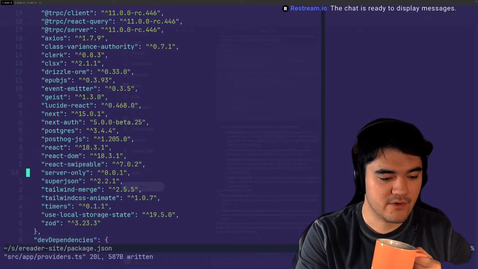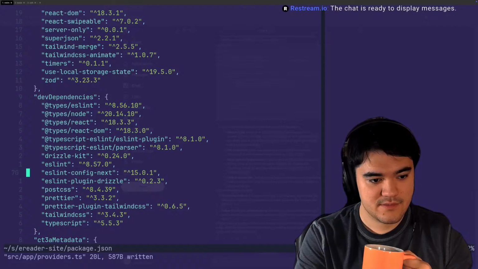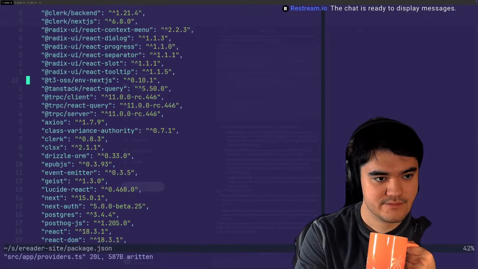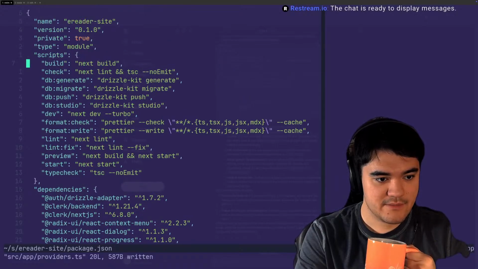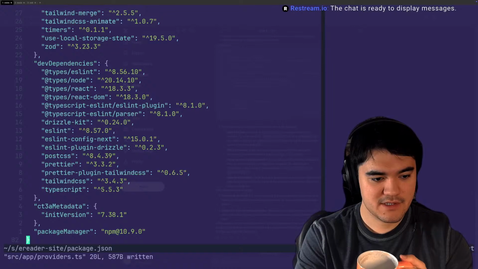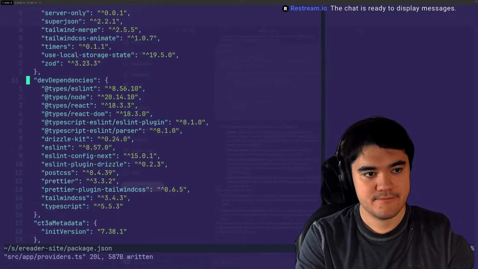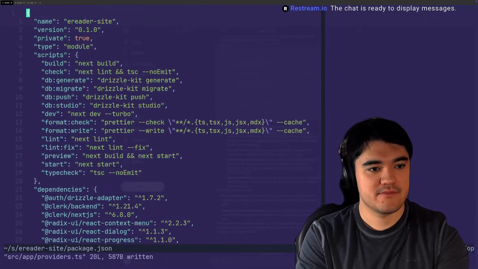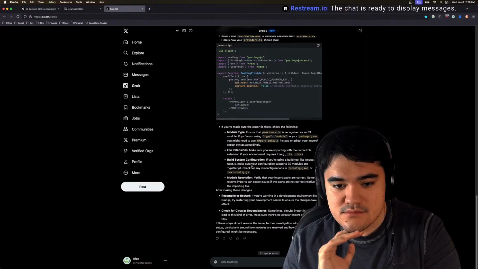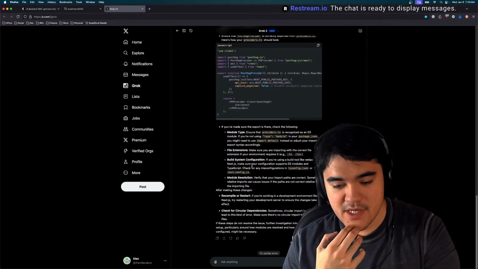So what are we looking for? We want PostHog. I thought I got rid of some of these. No, there's nothing like type module. Yeah, I am using type module.